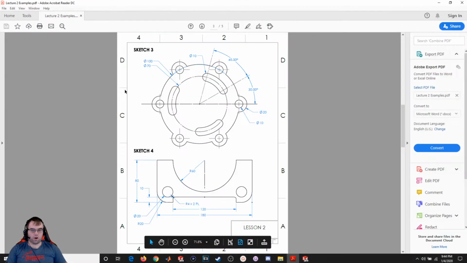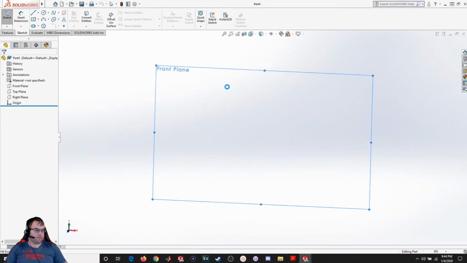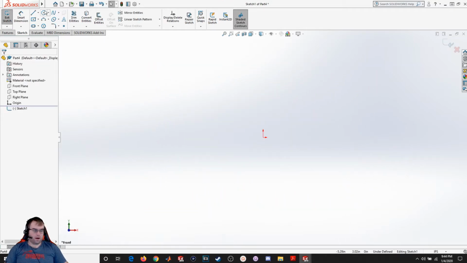So I'm going to start with sketch 3 right here. The way I'm going to do this is I'm going to start with an outer circle, and then I'm going to create this little sketch here, and then I'm going to pattern it all the way around, and then I'm going to come back in and do these center slots. So let's start with a new sketch. I'm going to grab the front plane, and I'm going to